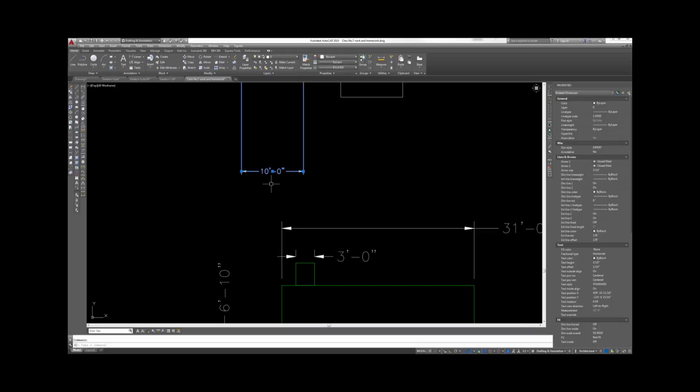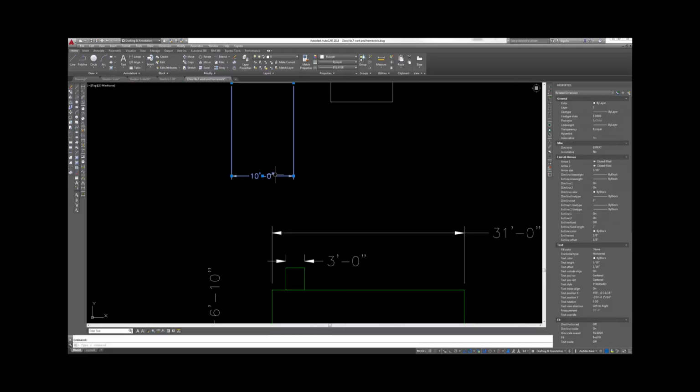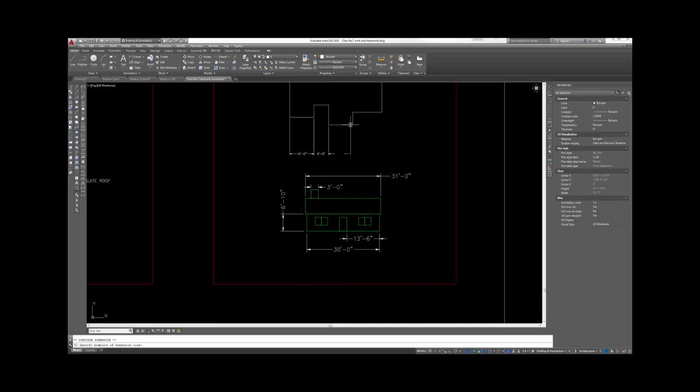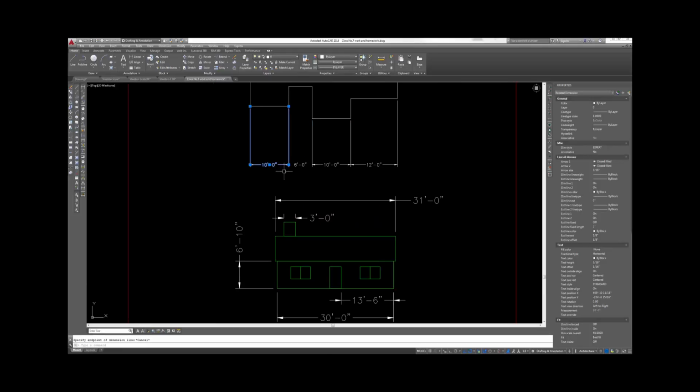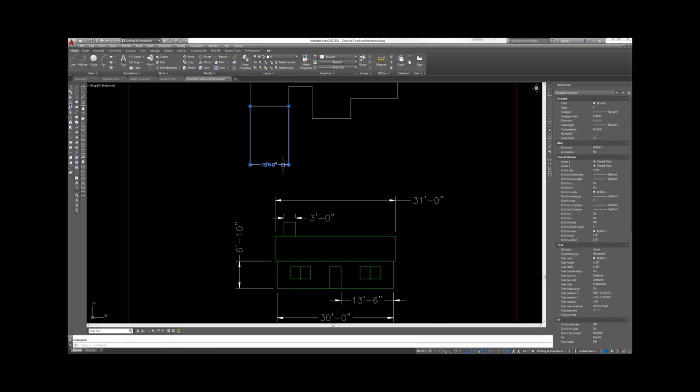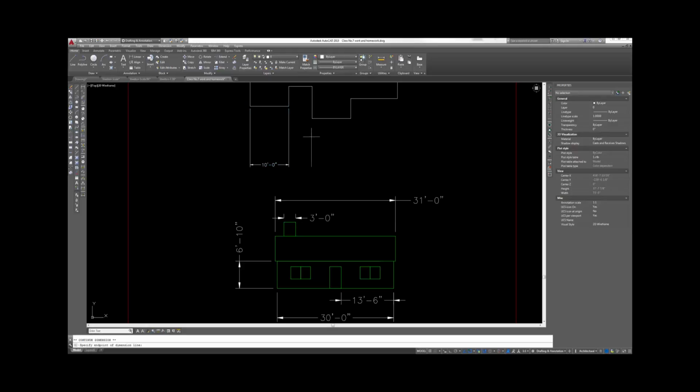My other option when I have these grips on, if I select the dimension, I hover over this grip, it says Continue Dimension. So again, I'm not selecting anything, I'm just hovering over the grip. Continue Dimension. Now I can pick the next item I want to dimension to. Just keep going like that. And it continues doing the dimensions without actually picking the dimension command. Again, one more time. I pick it, I hover, light box pops open, continue dimension. Let's pick the next thing I want to go to, that intersect,